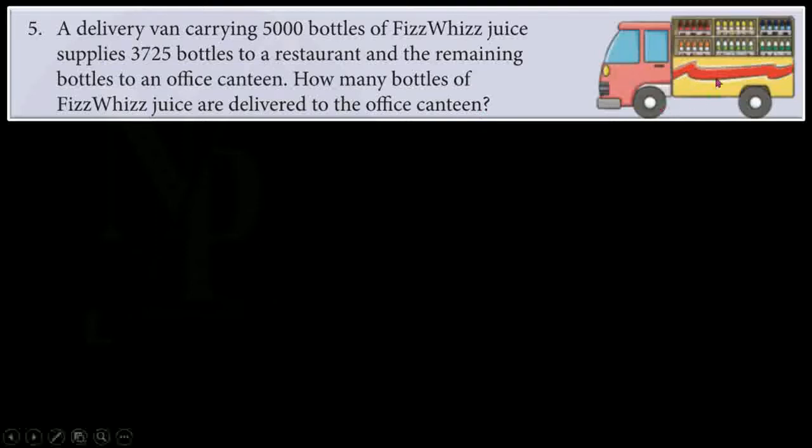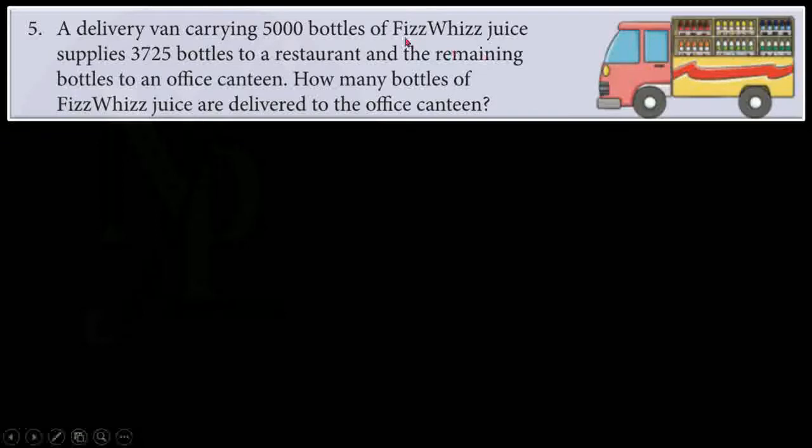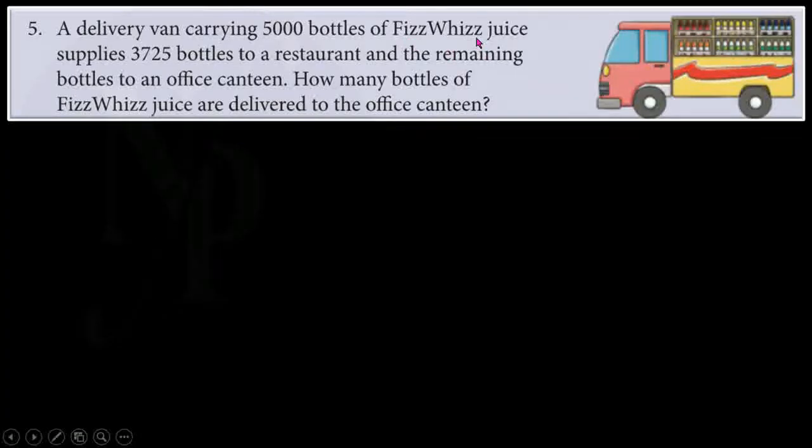So as you see in the picture here, there is a delivery van which supplies the juice called fizz. It's the name of a juice, as we have 7 Up, Thums Up, Coca-Cola, Pepsi, Slice, etc. Fizz is also a name of a juice, and this van is carrying 5000 bottles of juice and it supplies